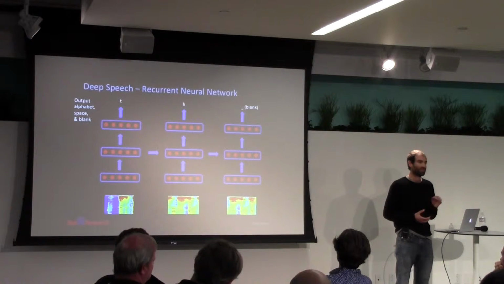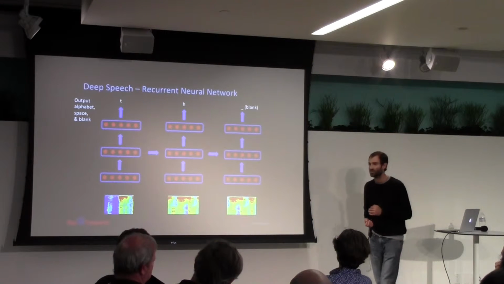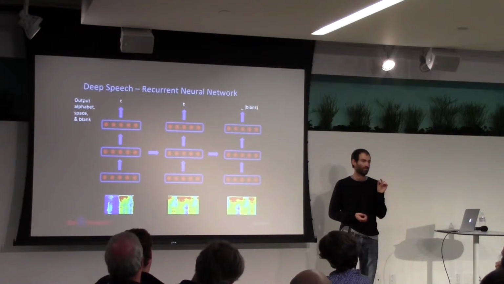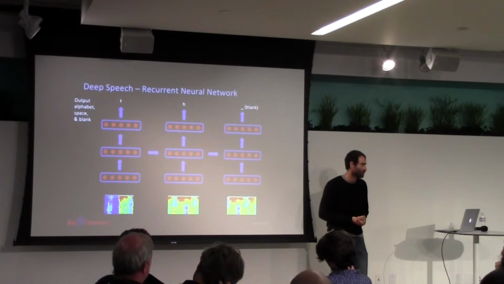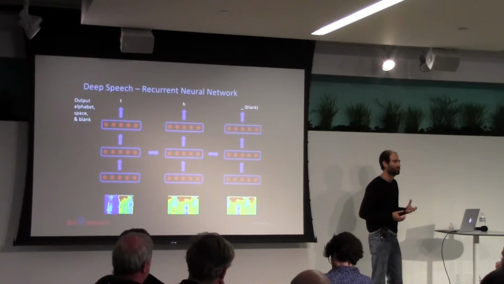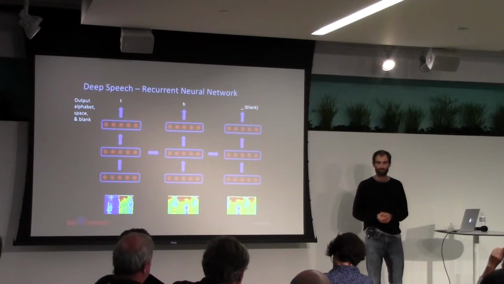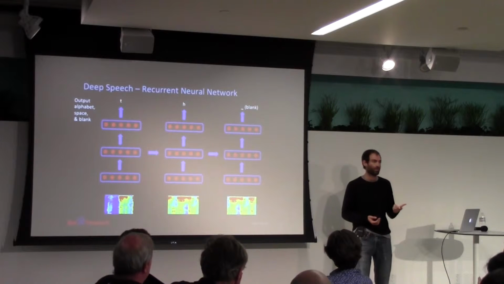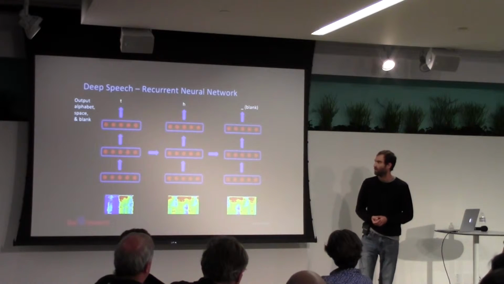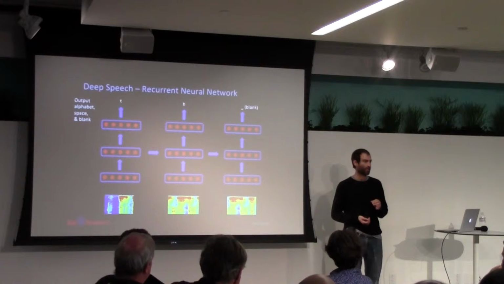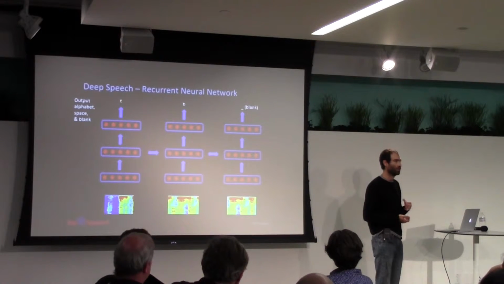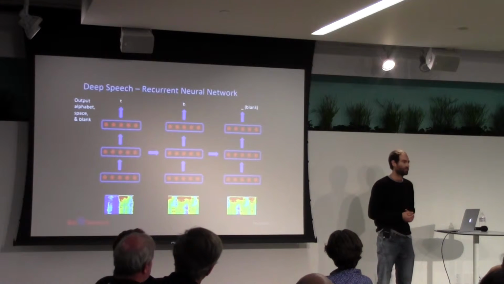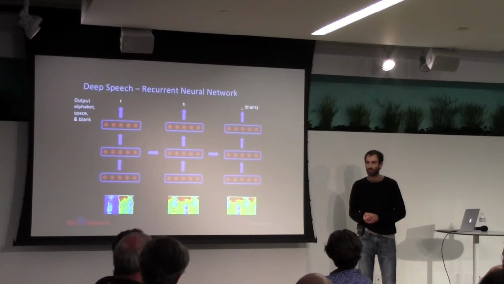Now the output of our system, instead of being phonemes, is actually just going to be letters. So this is what's called a grapheme-based system, where a grapheme is the smallest unit of writing in a language. So it goes directly from audio input to a written transcription. In English, of course, this is just going to be the alphabet, and we throw in a space so we know that words have ended. Also crucial to the output is the blank character, which is essentially a null output. It lets the network say that I don't want to output anything at this time step. I want to contribute nothing to the current transcription.